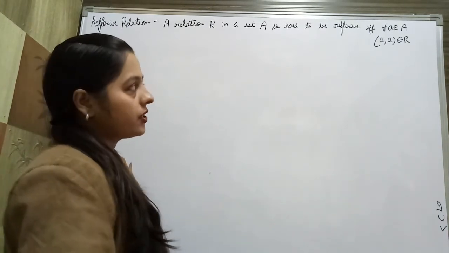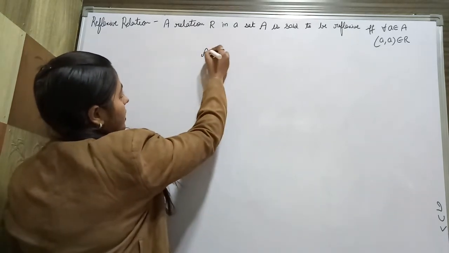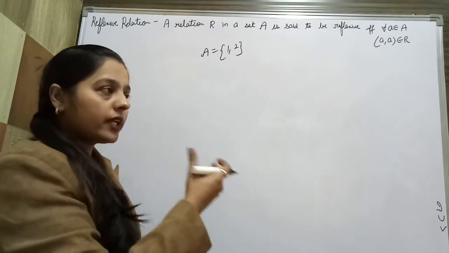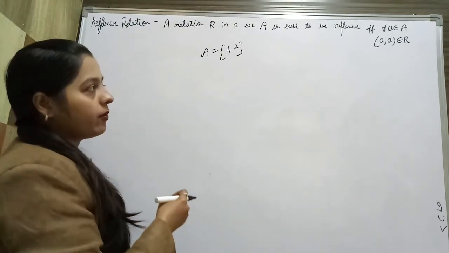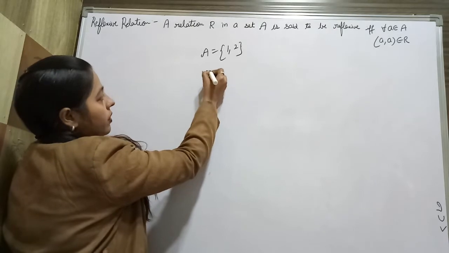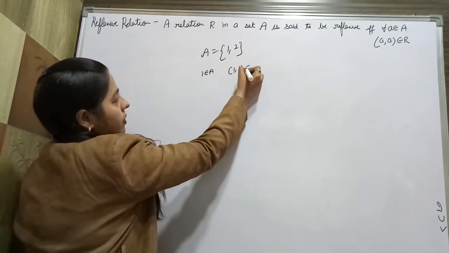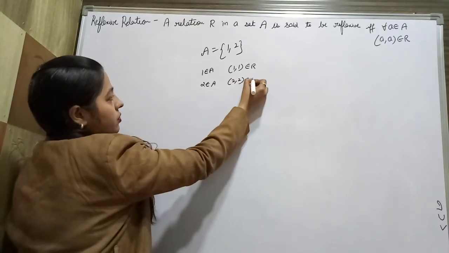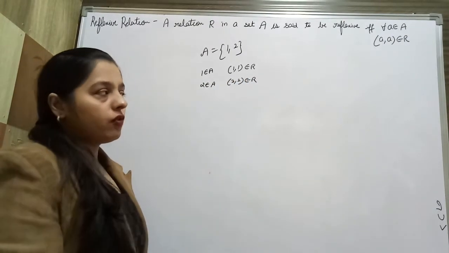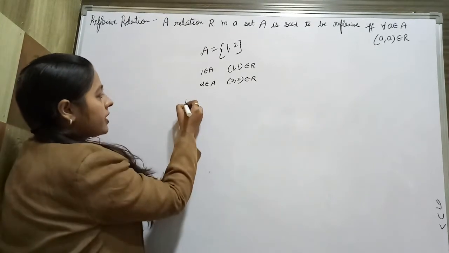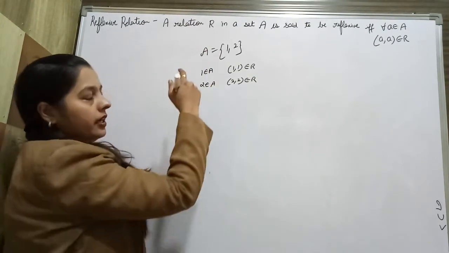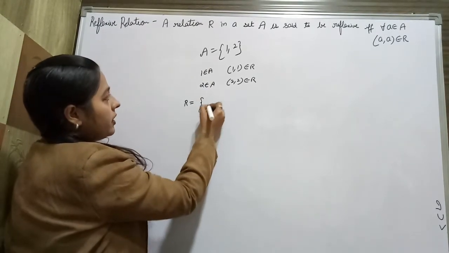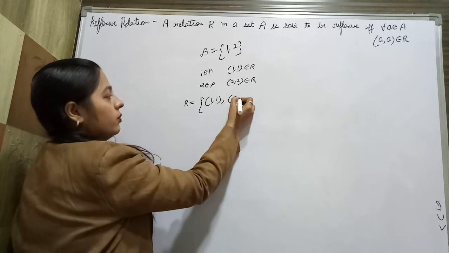Same for the reflexive relation. If I take the set A containing two elements, suppose 1, 2, then what does reflexive relation mean? In this type of relation, for 1 belonging to A, (1, 1) must belong to R. For 2 belonging to A, (2, 2) must belong to R, right? So in reflexive relation, for a set A containing two elements 1 and 2, the relation will contain (1, 1) and (2, 2),